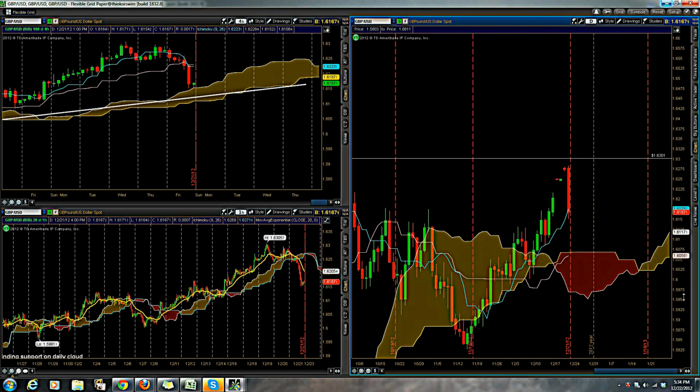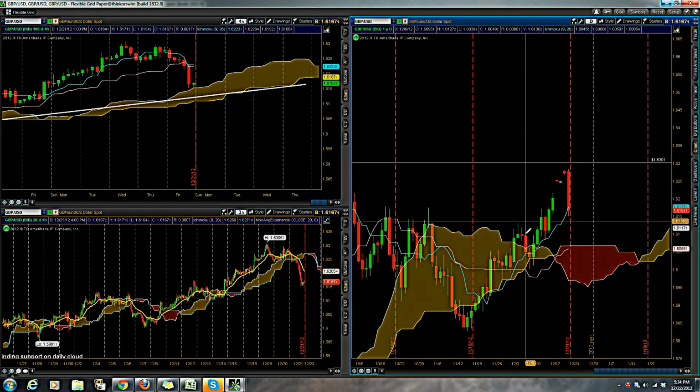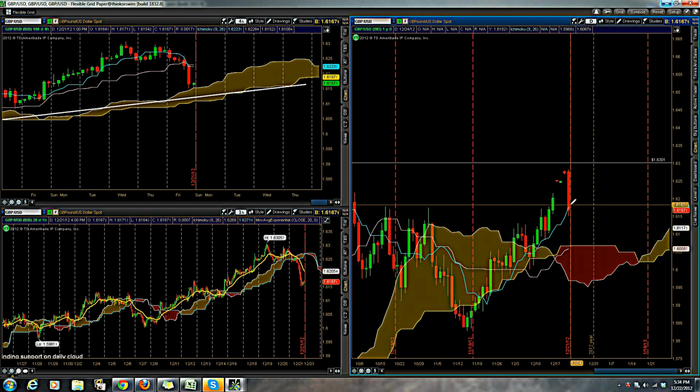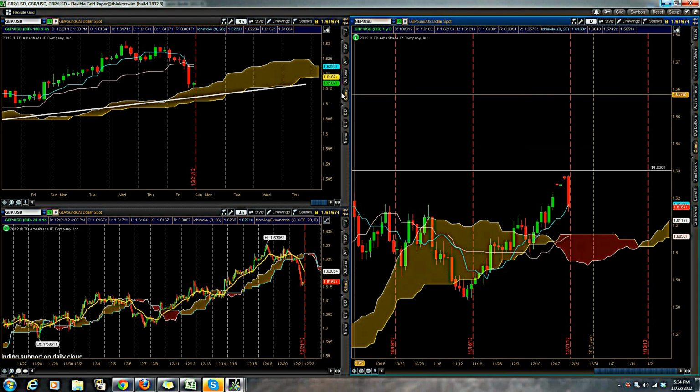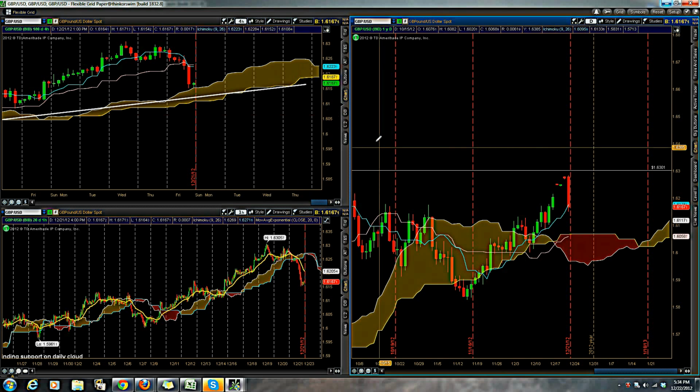Okay, let me just make this a little more clean. On a daily chart, it looks to start off next week's trading below the Tenkan, so we have further support at the flat Kijun bottom, or the flat Kijun top, at 1.6070. So just look for support at that level if price starts to retreat. However, our overall bias should remain bullish,